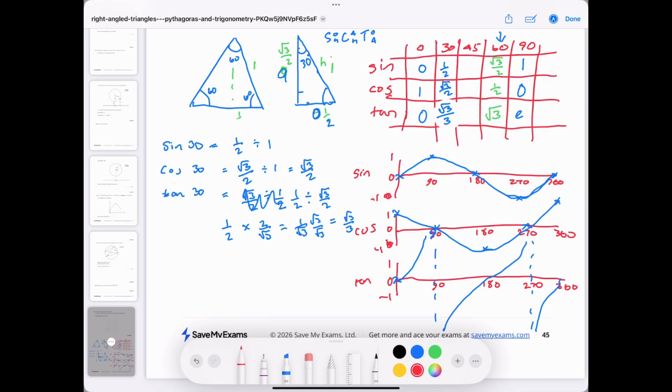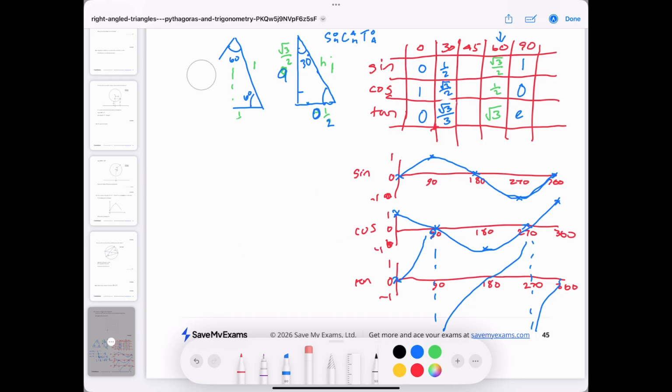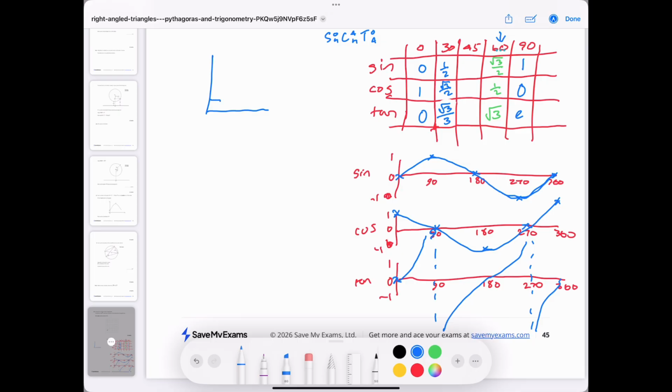Okay, now, last thing we're going to do is we're going to redraw these triangles, and we're going to draw them as an isosceles right angle triangle. So this is a right angle. This is 1, this is 1. And if those are both 1, that makes that 45, and that would also be 45, but I'm not going to mark that up. Okay, so that makes our hypotenuse 1 squared plus 1 squared equals